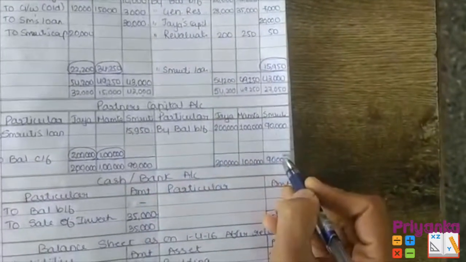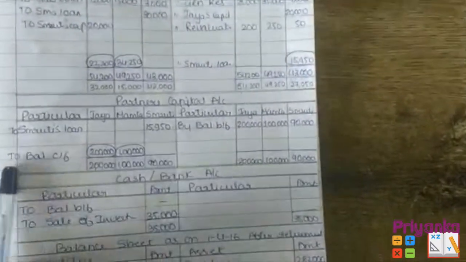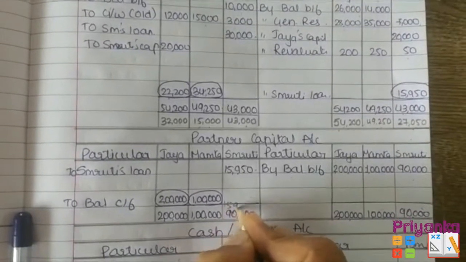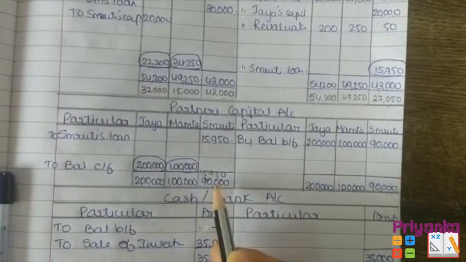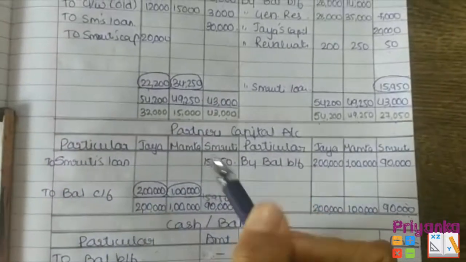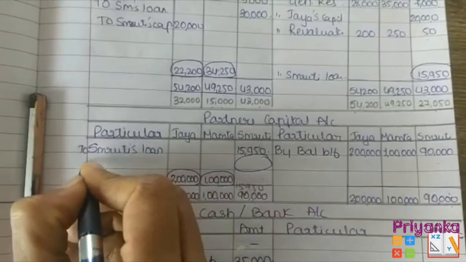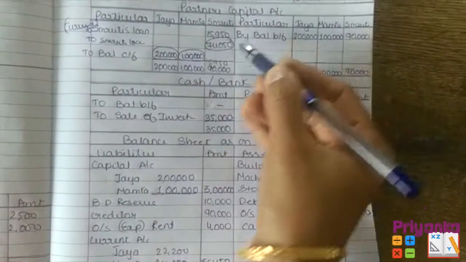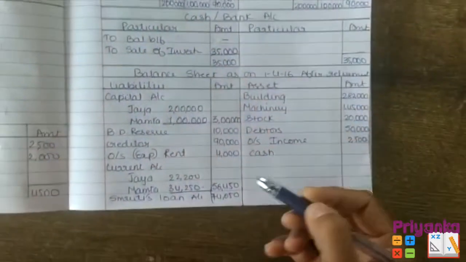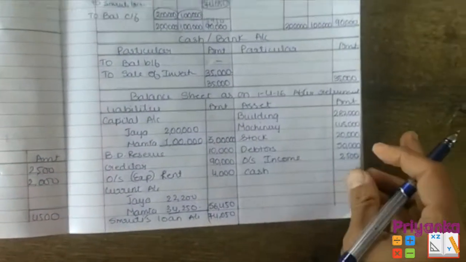Now here is the difference, total here is 90,000 and here 15,950, यहाँ पे 15,950 आया ये वाला कॉलम और यहाँ पे 90,000 आया, तो ये ज़्यादा है इसलिए दोनों साइड 90,000 लिख दिया। एंड हियर विल राइट डाउन द डिफरेंस, यानी कि 90,000 माइनस 15,950 which will be shown as a loan over here, the difference of 74,050 as in Smriti's loan which will be passed to the balance sheet, 74,050. As I don't have space, I am just adjusting.